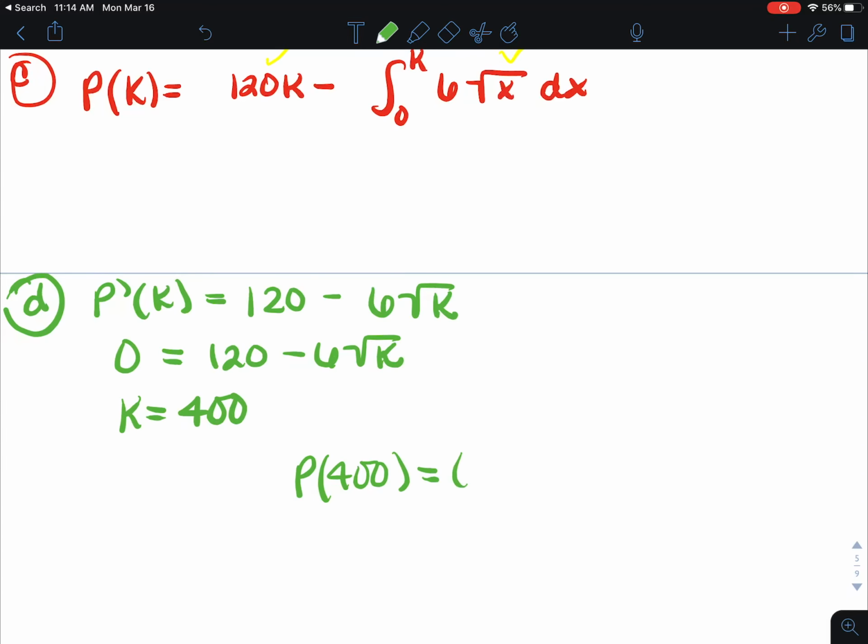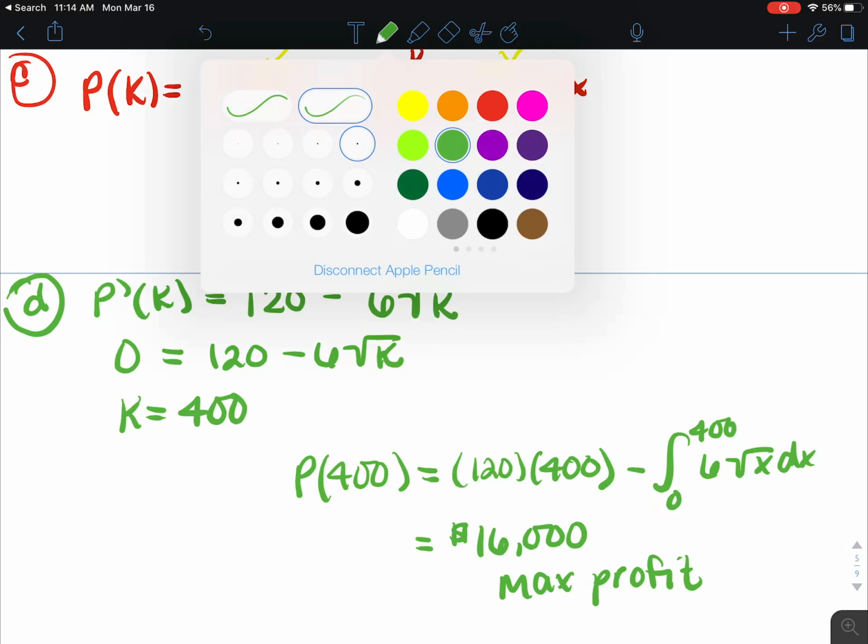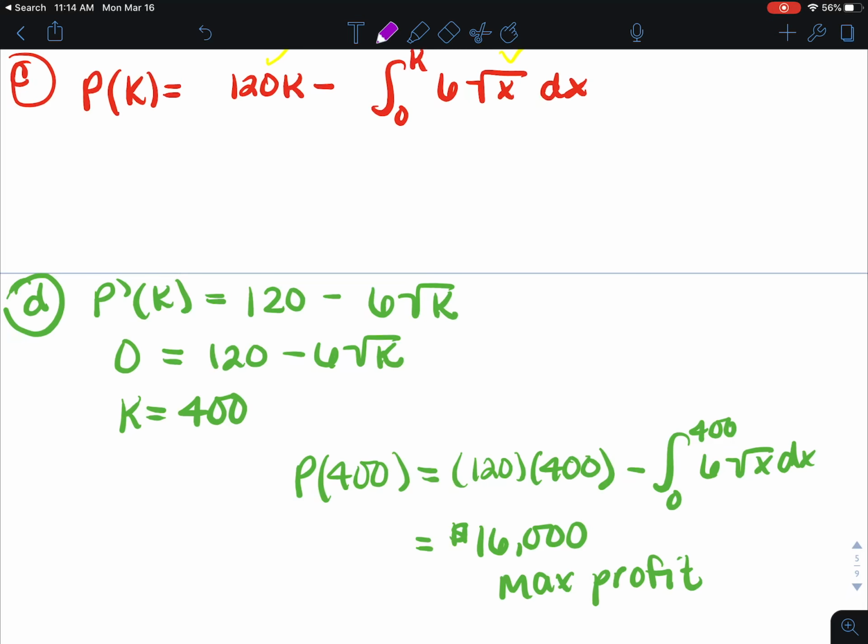So then we have to just take that value and plug it in. So we need P of 400 equals 120 times 400. Again, you could use revenue here since you defined them up top, minus the integral from 0 to 400 of 6 root x dx. And it turns out to be $16,000, and so this is their max profit. There are 3 points here that you can earn. One is the derivative set equal to 0. One is figuring out what the K value is, and then there's one for the answer. All right, that's it for